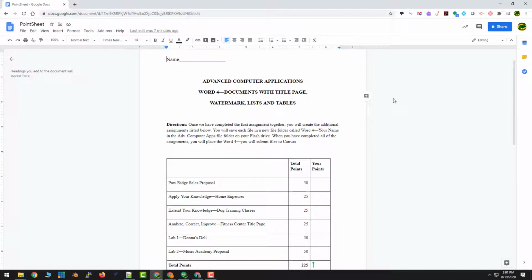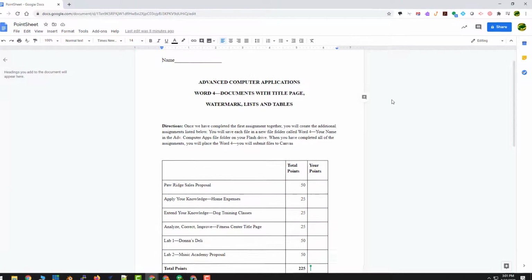Here I have this point sheet. It's a Google Doc, and I want my students to have a copy of it, but it's not an assignment. It's nothing that they have to turn back into me, just something I want them to have. An easy way to do this would be to go up to the Share button,